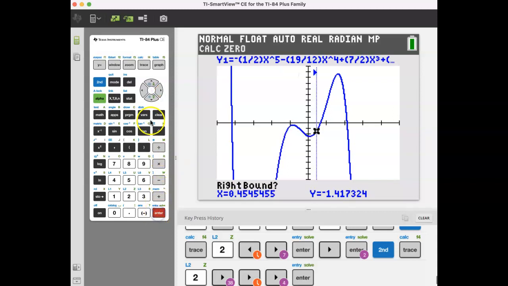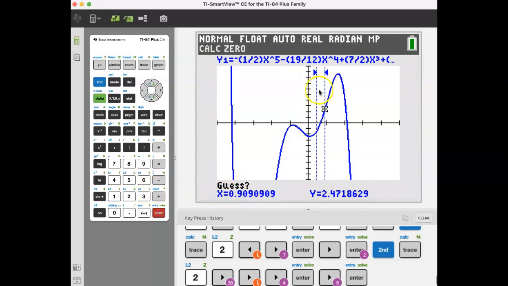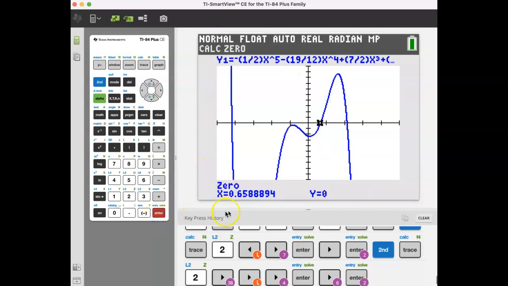I'm going to hit enter. Again, my arrow and my dotted line pop up, and then I'm going to go to the right and hit enter. Your calculator shows you where you marked, what region you've marked. Is this where you want to guess? You're going to press enter for the 3rd time, and it tells you that your 0 is approximately 0.66, comma,